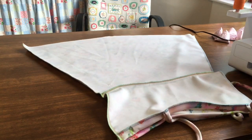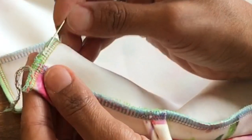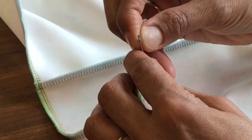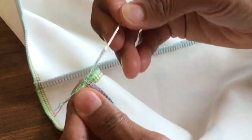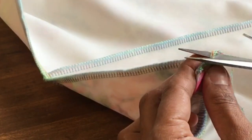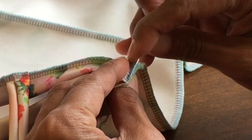Now, the neat way to finish the overlocker, let me show you. So what you do is you go through the stitches, the loops, thread these through the eye of the needle, get them all through, and then pull the needle back through your loops like that, and that just neatens the edge so you've not got dangling threads. So go through the loops of your serging, make sure you catch as many as you possibly can,